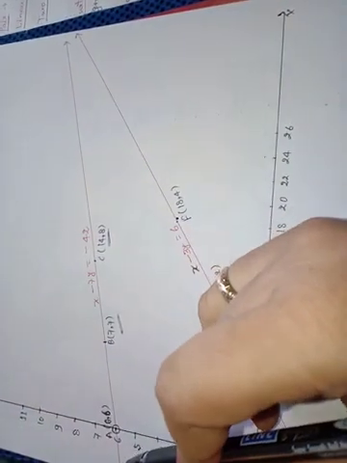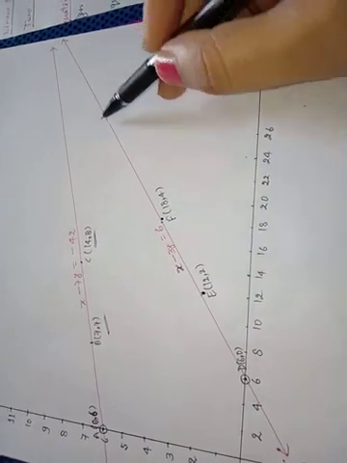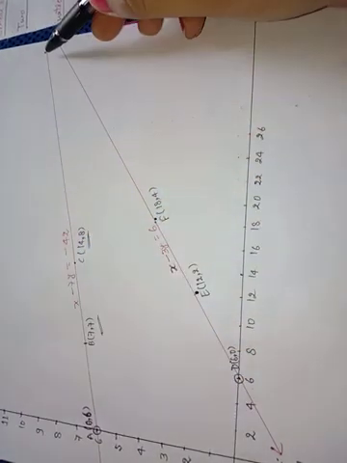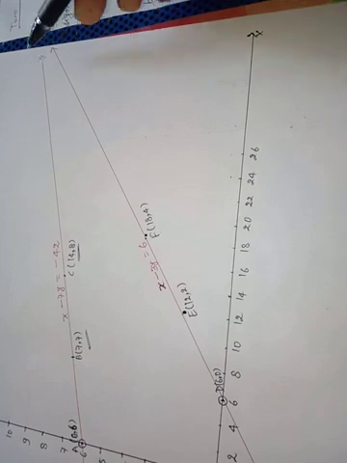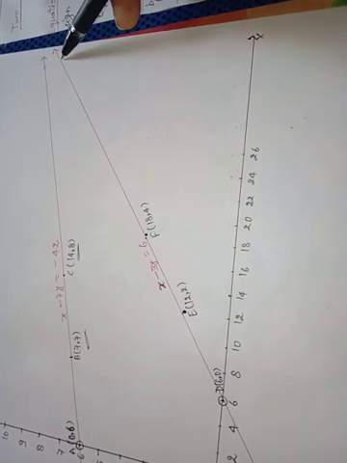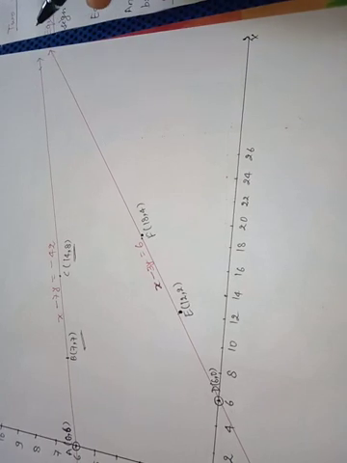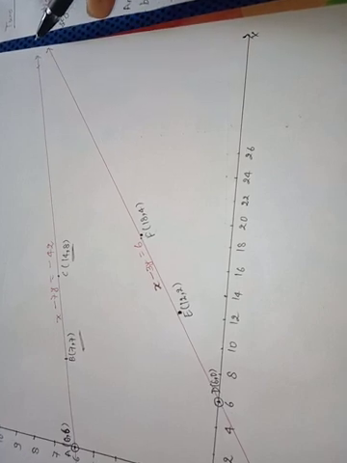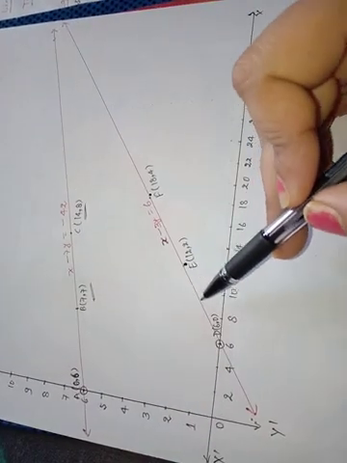After that we will join these points in order. After joining these points, we can see that these two lines are intersecting lines. If we extend this line in this direction and that line in this direction, we will get one point where these two lines intersect.